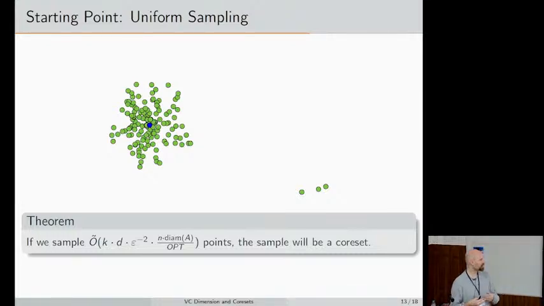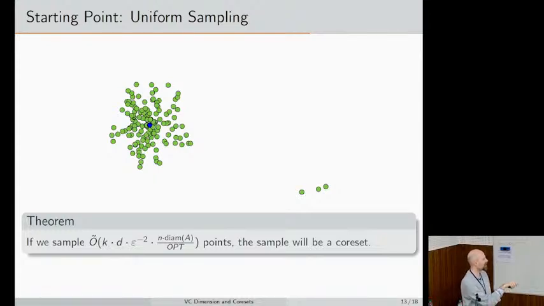And so instead of just saying it doesn't work, you can actually say to which degree you can make it work, assuming certain additional properties of the data set. It works if the cost is roughly of the order n times the diameter. This is not satisfied here, because the cost is maybe 3 times the diameter. But if these 3 points didn't exist, then you would believe that uniform sampling would work, because all of these points look kind of the same. So uniform sampling should do the trick.